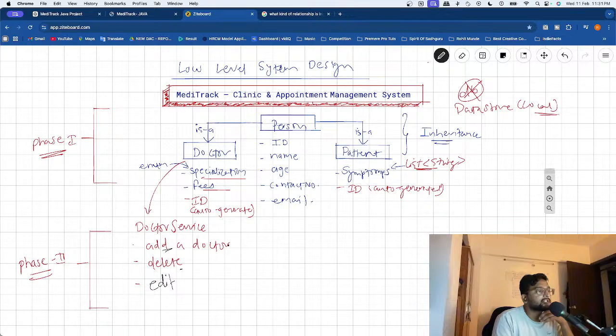So doctor service. But you know why I said we need to create data store with this? Because you can't add a doctor directly. For this to happen, we need a data store of type T. So we have to create a generic